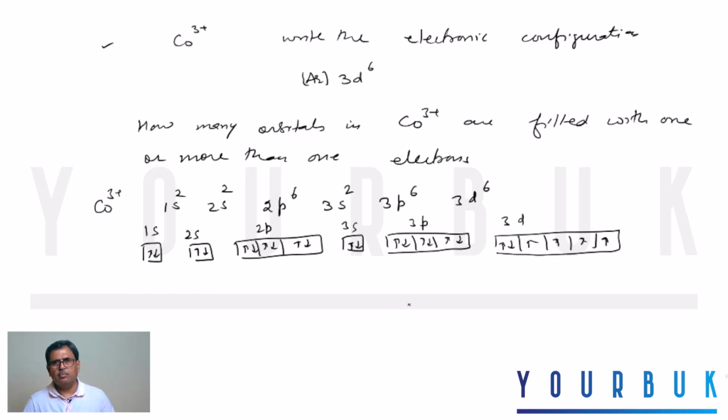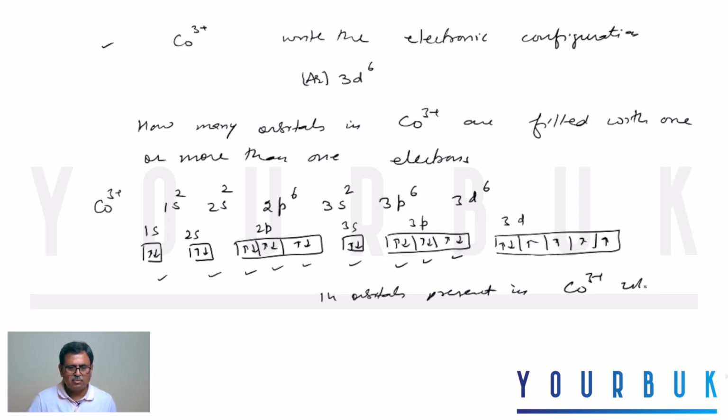So now you count how many boxes, each box represents the atomic orbital. See how many boxes are filled with one or more than one electron. So this is 1, 2, 3, 4, 5, 6, 7, 8, 9 and plus 5, 14. So there are 14 orbitals present in cobalt 3 plus, which are filled with one or more than one electron,